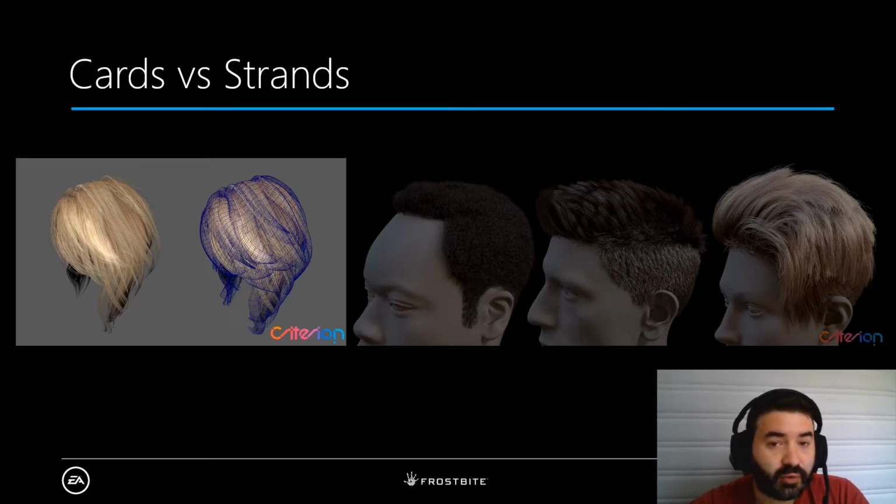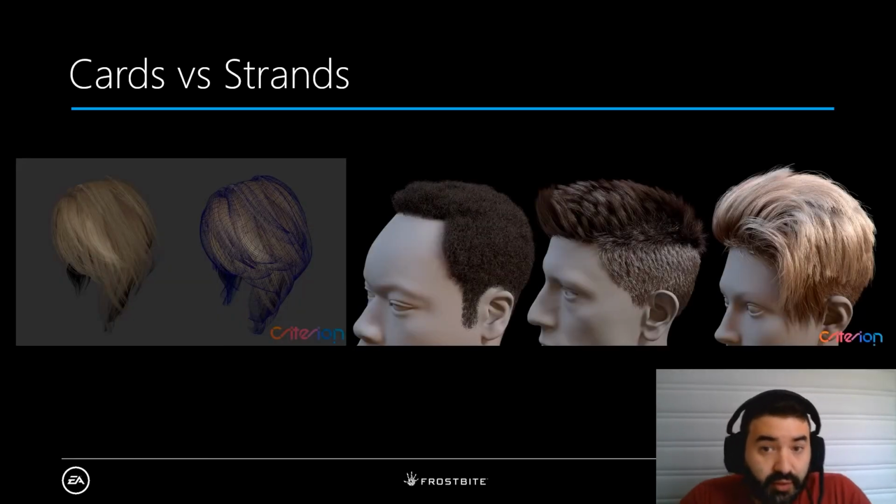The higher the number of meshes, the better the illusion of simulating and rendering a real head of hair will be, but the more expensive the asset will be. Using hair cards is relatively cheap computationally, but reaching high quality in either rendering or simulation is difficult and can be very time-consuming for content creators. As shown on the image on the right,